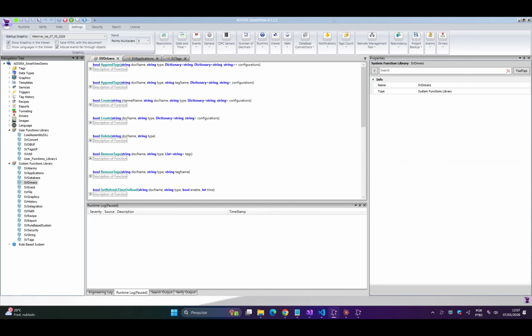You can create an import, and that creates all the tags and everything, the data type, and then you have everything communicating with just a function that will import this from a CSV file and is connecting